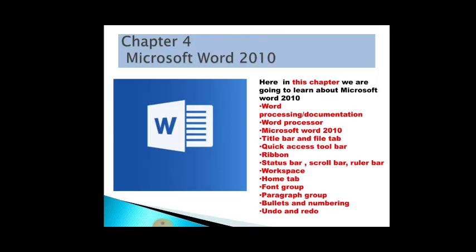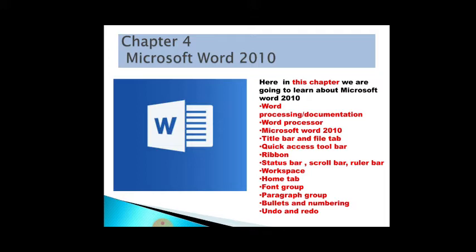So in this chapter we are taking Chapter 4, that is Microsoft Word 2010, a very nice and very informative chapter. In this chapter we are going to learn about Word, what is Microsoft Word basically, then word processing or word documentation, then what is a word processor, then what is Microsoft Word 2010, then what is the title bar, file tab, then what is the quick access